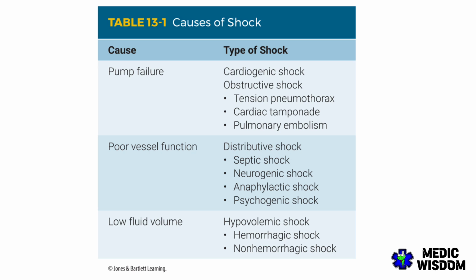Things that cause that: septic shock. That's when we get a really bad infection. Neurogenic shock, when we have a spinal cord injury and the nerve pulses aren't being sent down to our spine and our peripheral nervous system, so our body's not able to do the vasoconstriction or the dilation as it's needed. Anaphylactic is when we have a massive allergic reaction, and because of that massive allergic reaction, our body releases